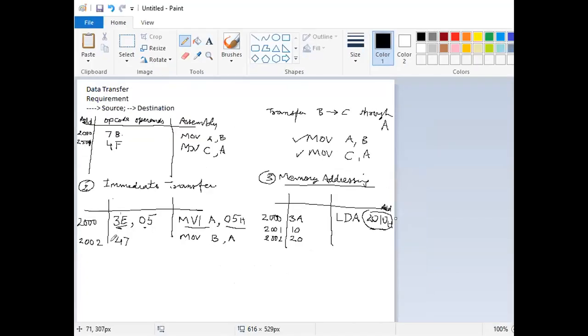We'll take one more example, example 4, for indirect addressing. In indirect addressing, the address of the memory is stored in some of the registers, let's say the HL pair containing a 2 byte address. So when you open this register, the contents are nothing but the address which will point to the memory.